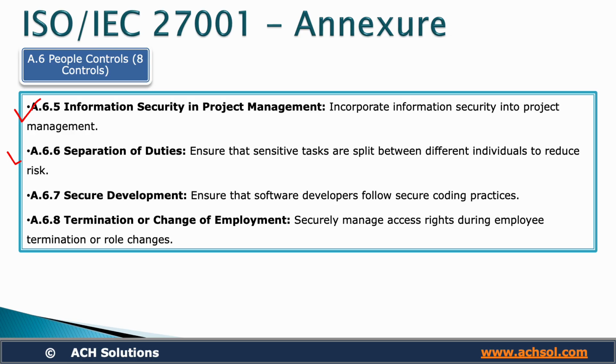Next is separation of duty, A.6.6. This one says to ensure that sensitive tasks are split between individuals to reduce risk. This is very important. There are many laws even in manufacturing domains for this. The best example is division of labor, which we all have maybe read in our economics book in school,